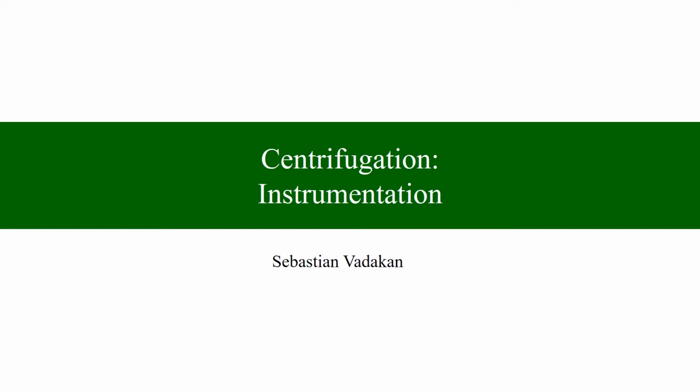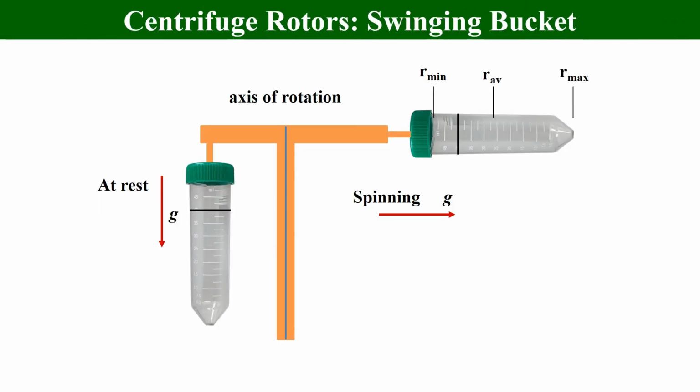Today, we will be discussing the instrumentation aspect of a centrifuge, how the centrifuge is constructed. So we will be looking at certain nuances of the instrumentation. A centrifuge has two parts. One is a motor. The second one is a rotor which is placed above the motor. Depending on the type of rotors, there are three kinds. One is called a fixed angle, second is called a vertical rotor, third is called a swinging bucket rotor.